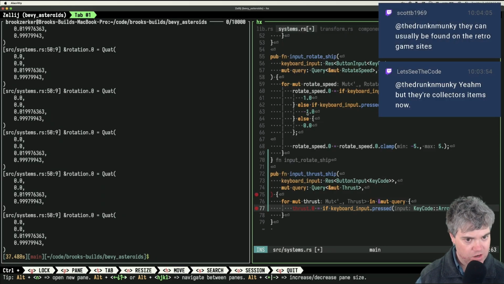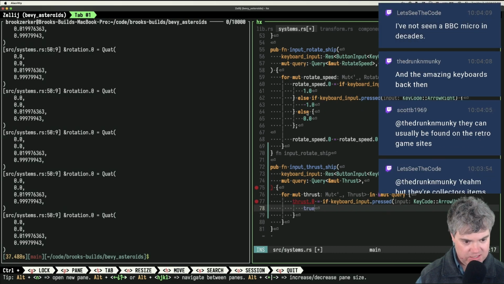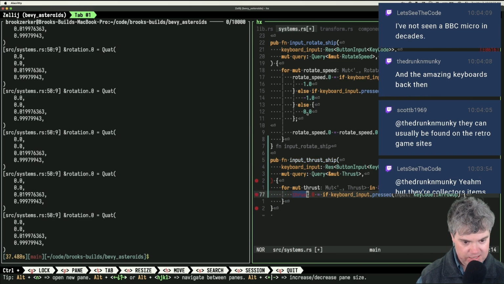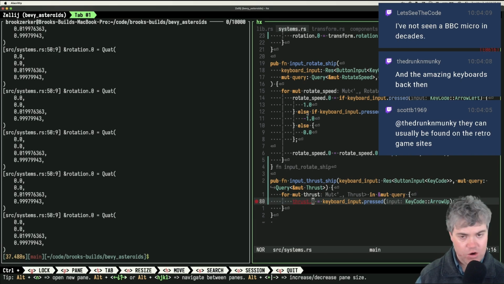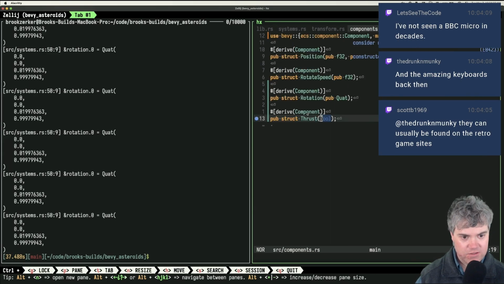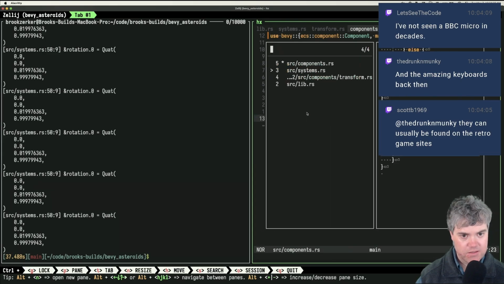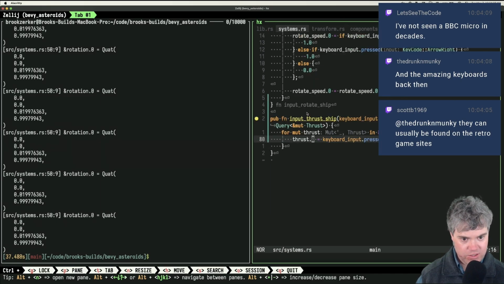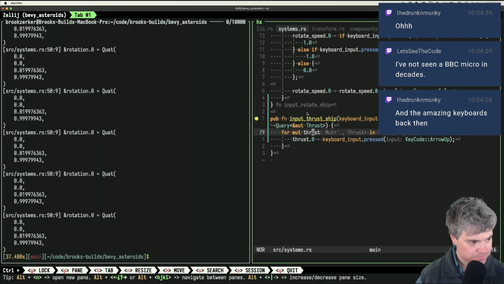Okay, so if we press arrow up, then this is going to be true or false, right? But wait a second, it's true or false. I don't need an if because that's a boolean already. We just do this. What are you upset about? Oh, private field, make you public. Okay, so now you're set like that.